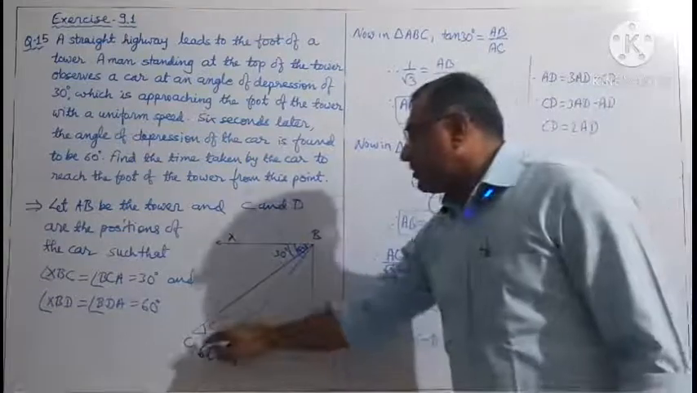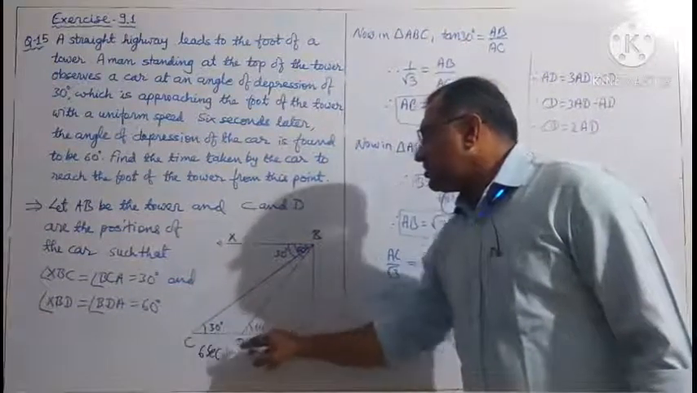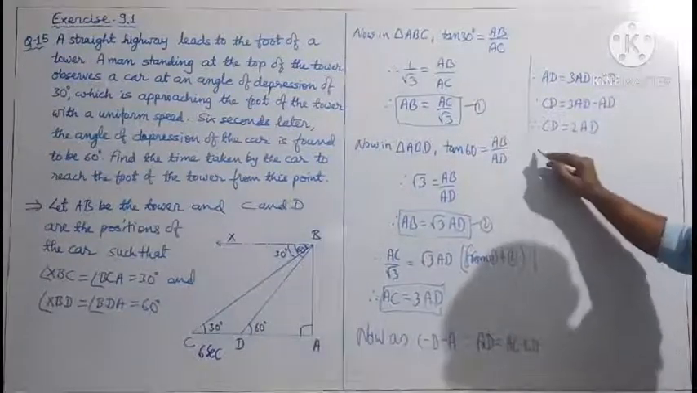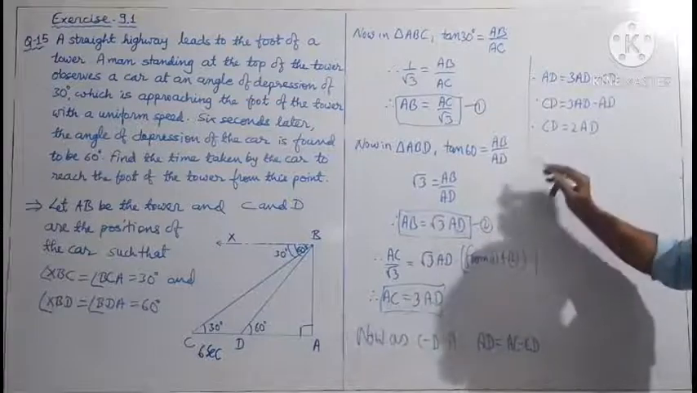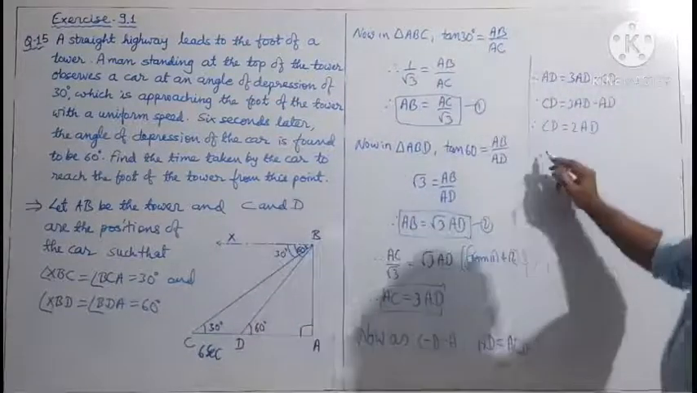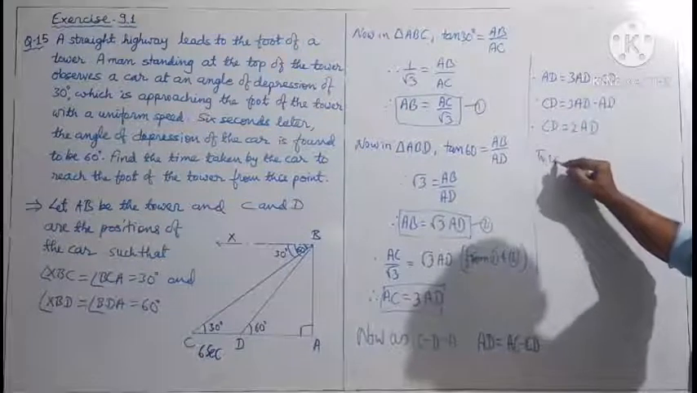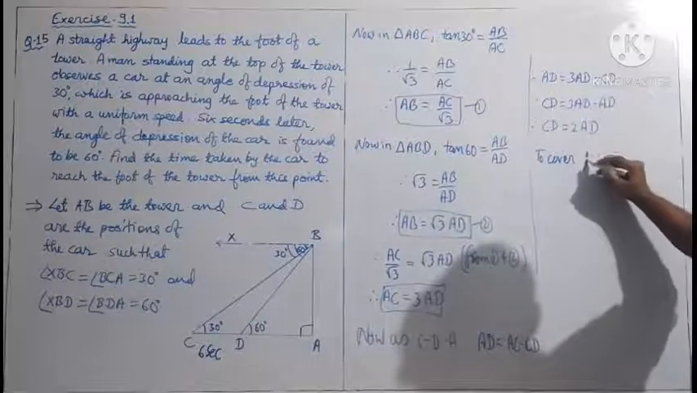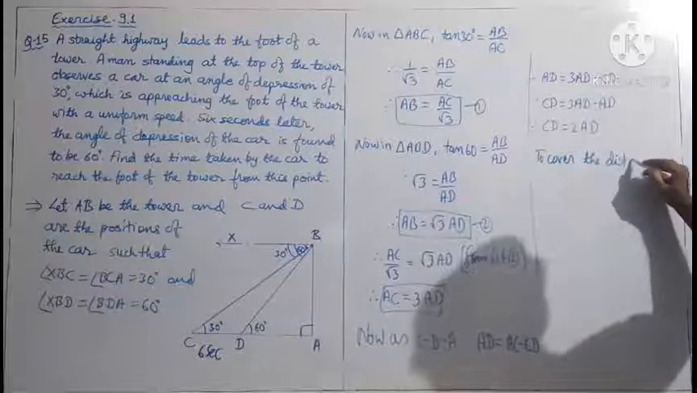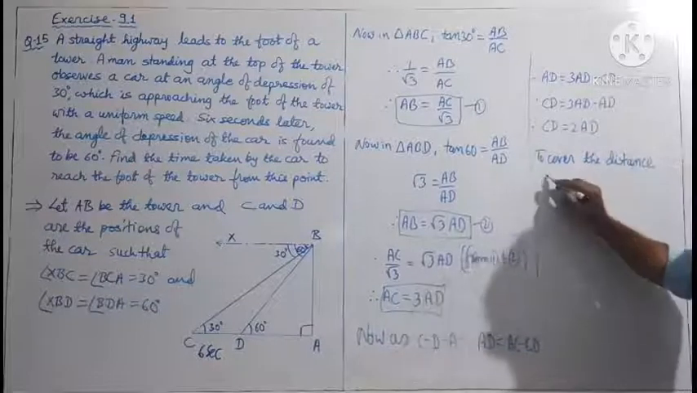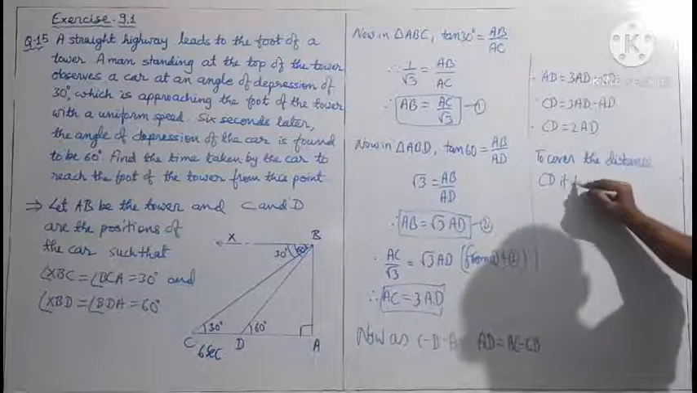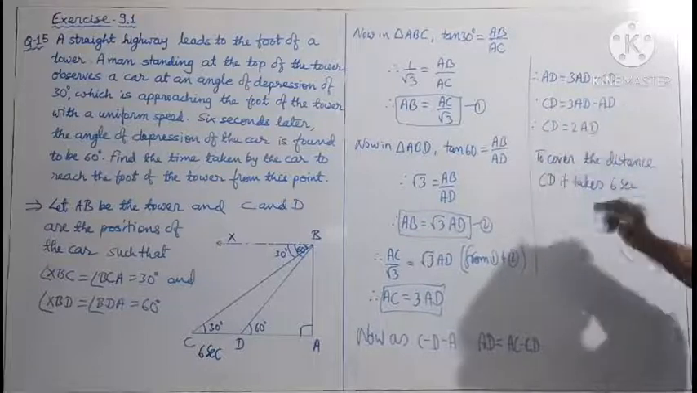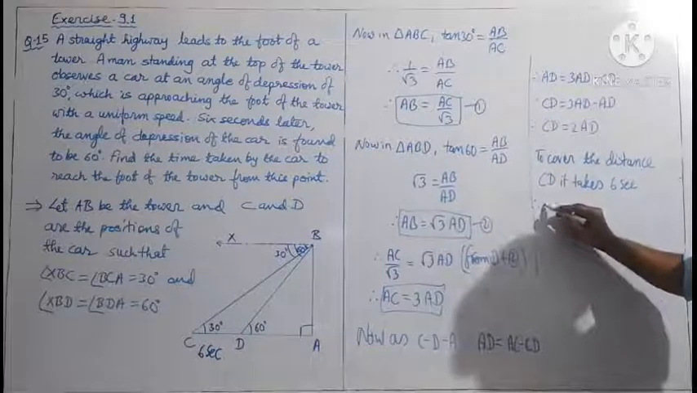The distance CD is double the distance AD. CD is double of AD. So CD is equal to 2 times AD. To cover the distance CD, it takes 6 seconds. Here CD means 2 times AD, and therefore to cover